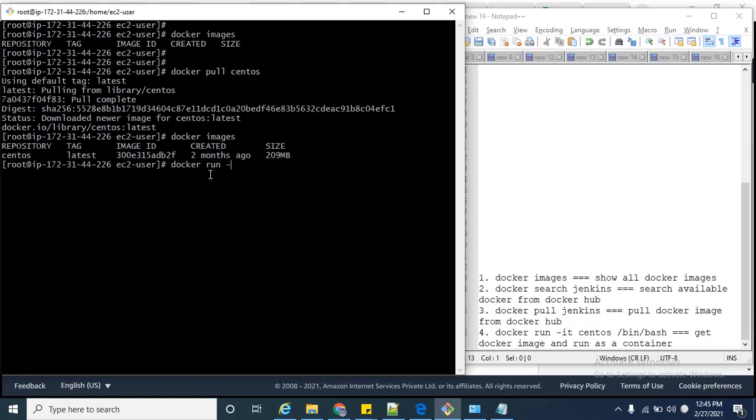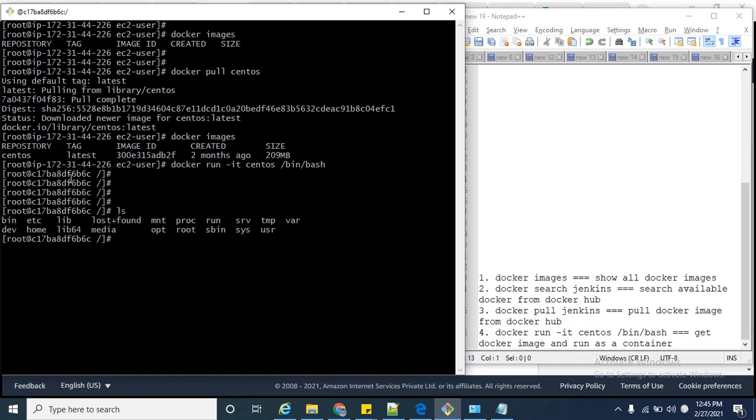It is docker run -it, your image name, /bin/bash. So you will enter the container, or basically you will create a container using this command. In this container you can do anything you want. You can create files, you can install any packages, you can install anything else. Basically you have entered into the container, so it will not affect your external environment, the external OS.